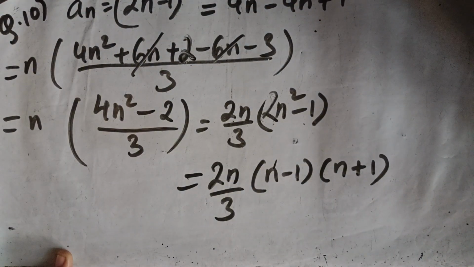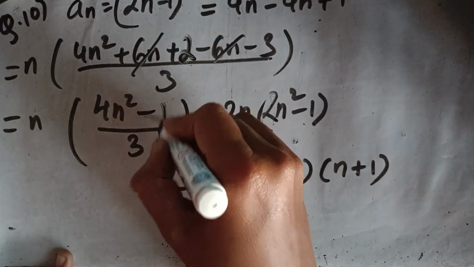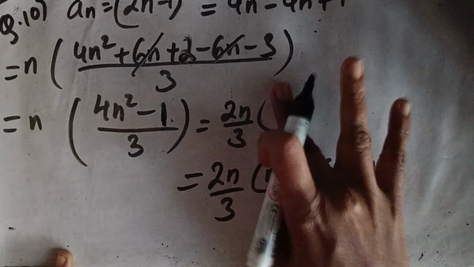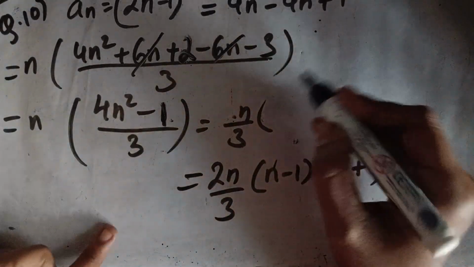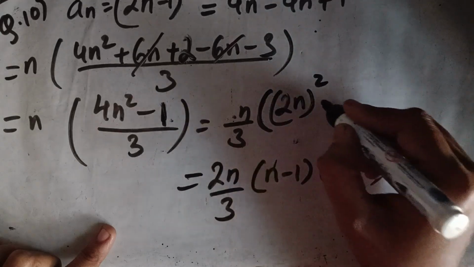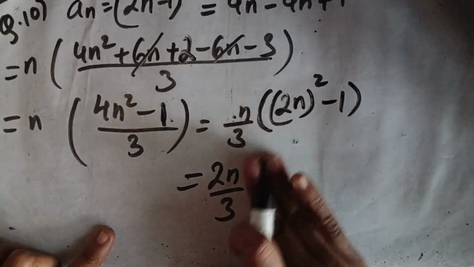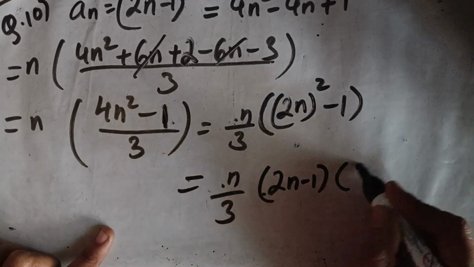So minus 3 plus 2, 1. Okay, so this will be 2n square minus 1 square. So you'll get 2n minus 1, 2n plus